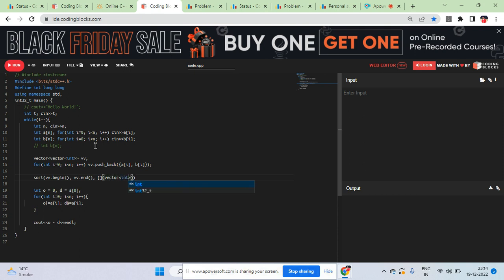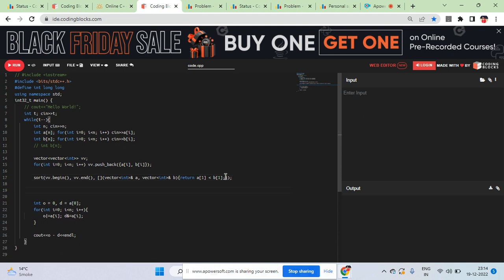vector int a, vector int b, return that a of 1 should be less than b of 1, because this b is at the first position, right? So this makes sure that okay, we created this v array and sorted by the second thing, by power,